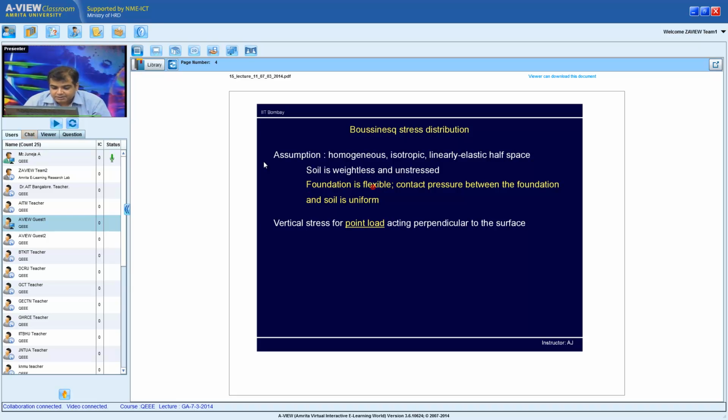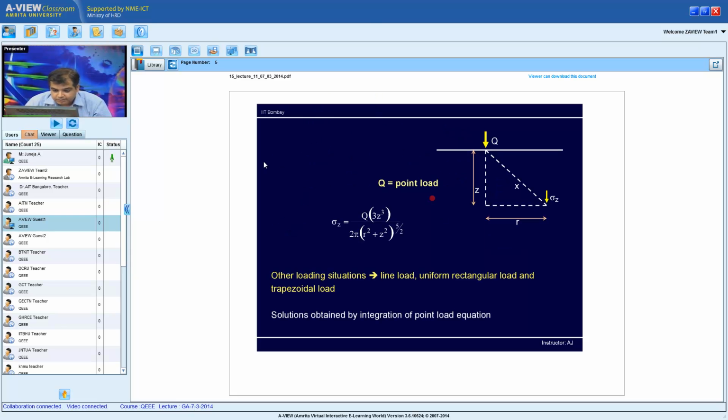The other assumptions are the foundation is flexible, and because of this flexible footing, the contact pressure between the foundation and soil will be uniform. Had the foundation been rigid, you would have had uniform settlement, but in this case the contact pressure is uniform. So the vertical stress for a point load which acts perpendicular to the surface is,